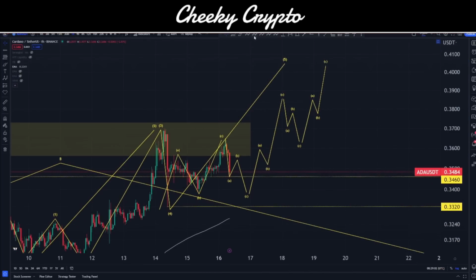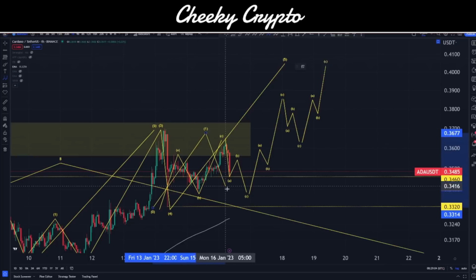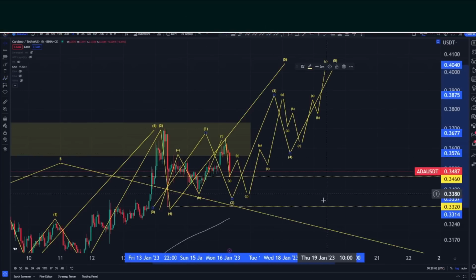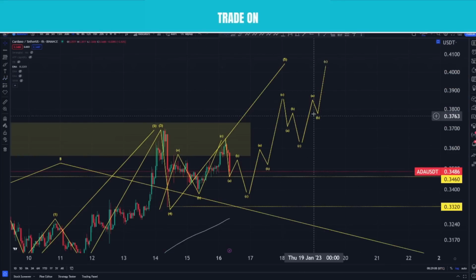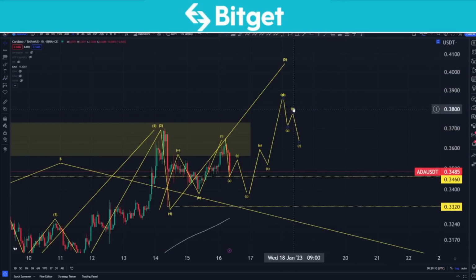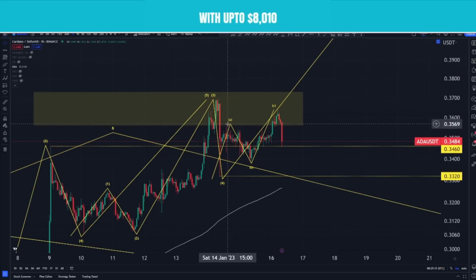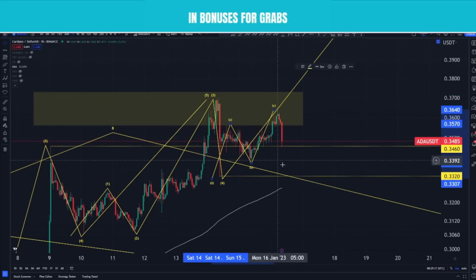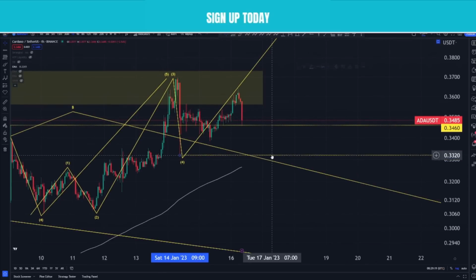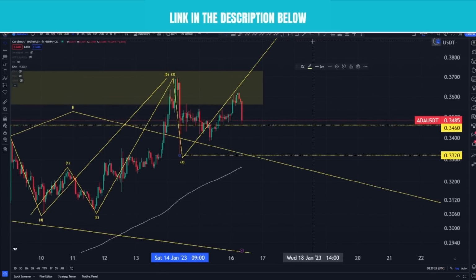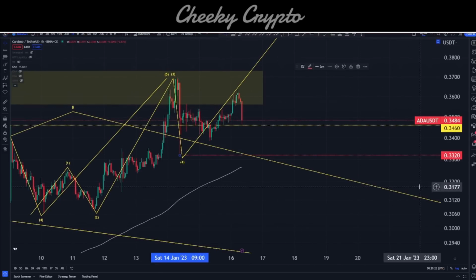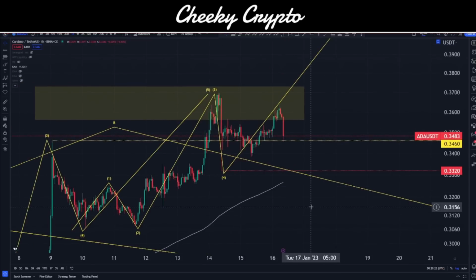Okay, so this is the bullish scenario, and you can see this would be a 1, 2, 3, 4, 5 job. Now, this one, I think it's possible. It's definitely possible. It's there. We can see it. But obviously it does have some clear invalidations and all that kind of stuff. So, for example, we wouldn't want to see us cross this red line here at 33.2. That would create an invalidation.